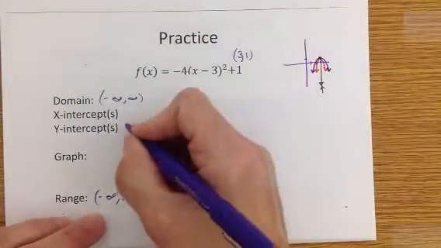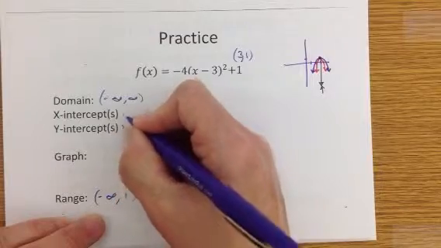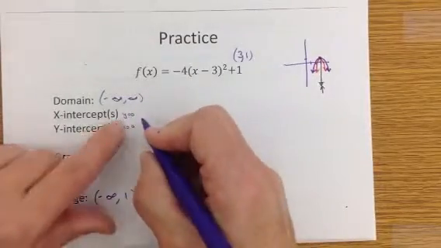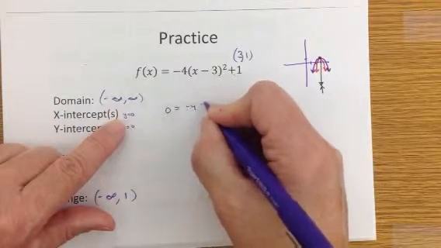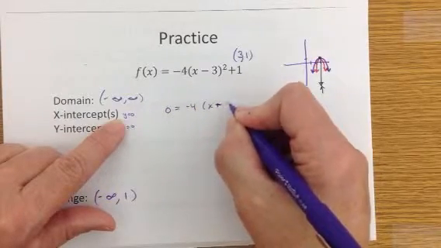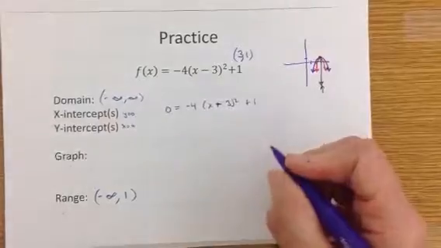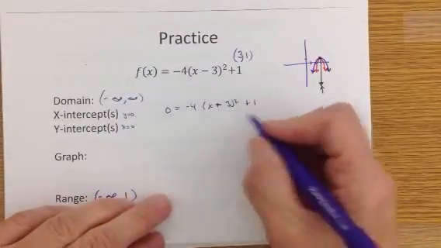Okay? My x and y intercepts, so x equal to 0, y equal to 0. So let's do this one first. If I set this guy equal to 0, 0 equals negative 4 minus 3 squared plus 1. Okay, so order of operation